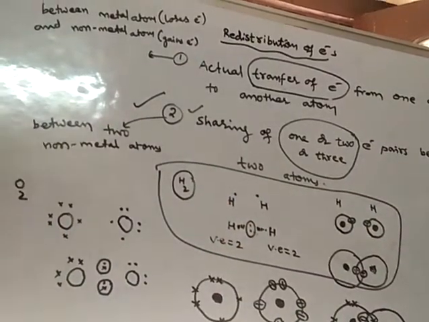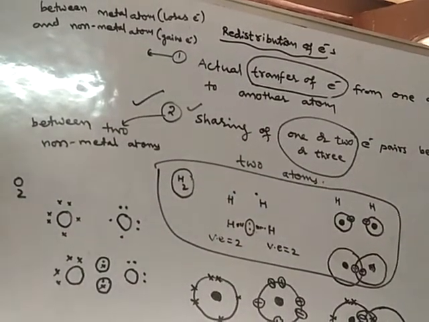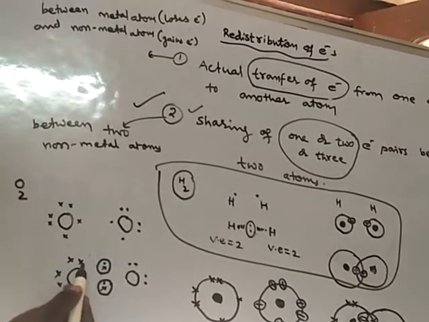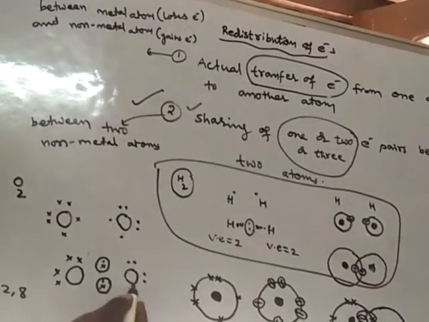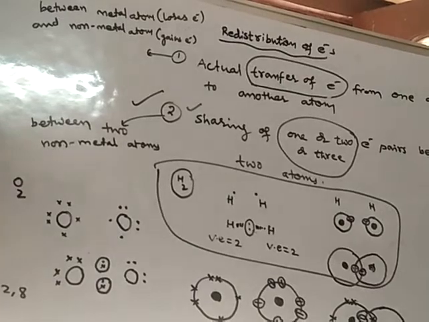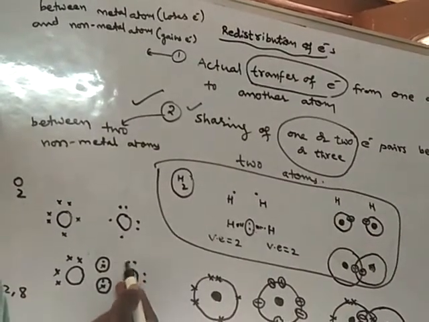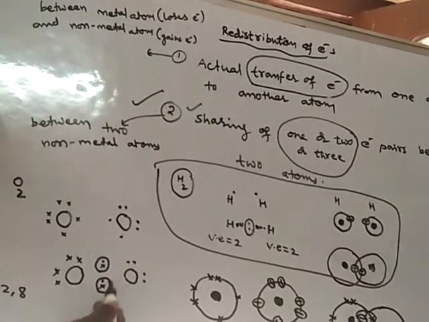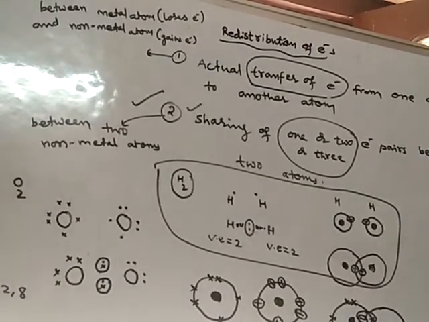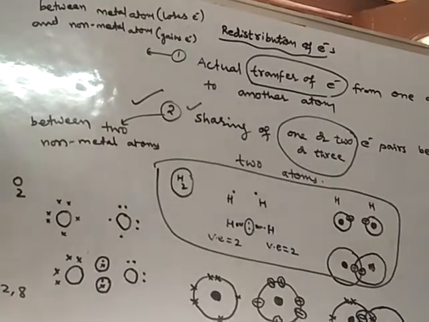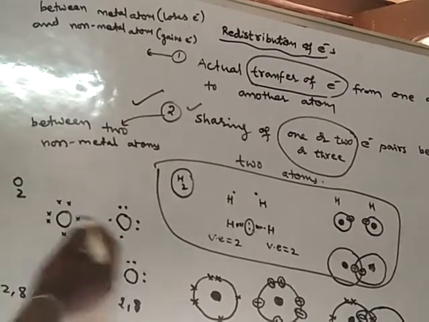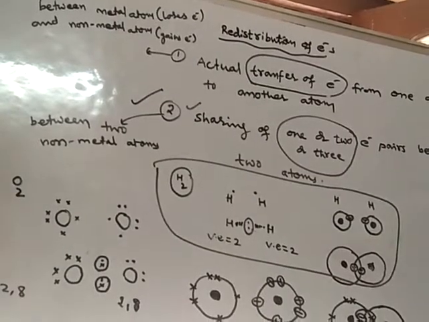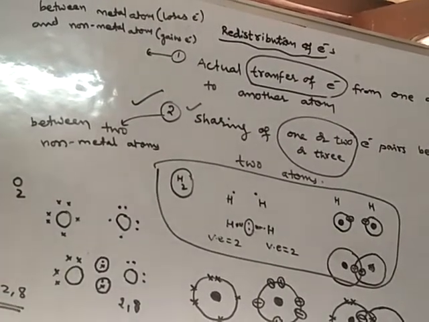So when two pairs of electrons are shared by two oxygen atoms, sharing is taking place. As a result of this, this oxygen is having how many electrons? 1, 2, 3, 4, 5, 6, 7, 8. Even this oxygen atom is also having how many electrons in its valence shell? 1, 2, 3, 4, 5, 6, 7, 8. Because all these electrons are shared by this oxygen atom also. So now these 4 electrons also will belong to this oxygen. So already 4 and 4 more. Before that, both the oxygen atoms were having 2, 6 configuration. Now both the oxygen atoms are having 2, 8 configuration.